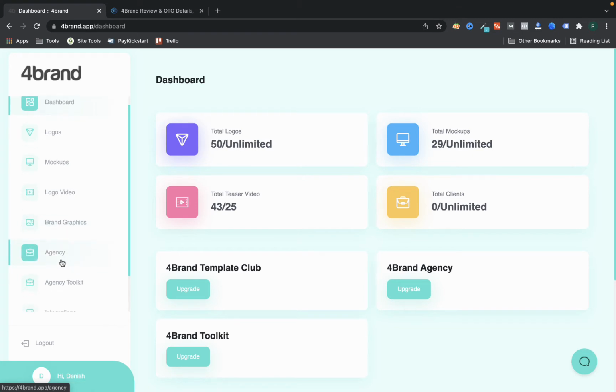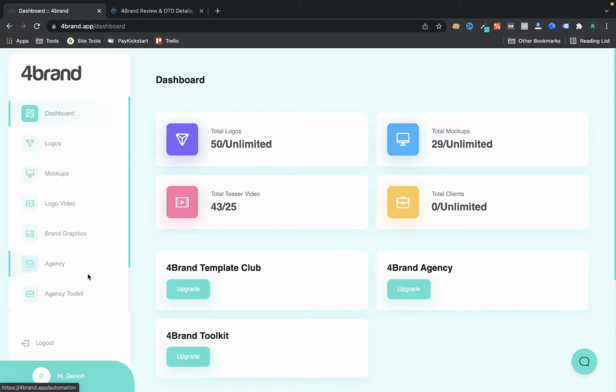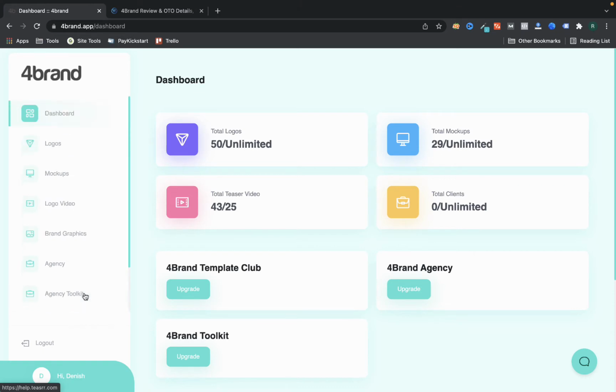If you upgrade to agencies, which means you want to sell this software to others, you can also do that. They have also included support and video trainings for using this software. I'm just going to give you a glimpse of how it works, but if you want to use it properly, I highly recommend that when you are starting out, you go through the training videos.